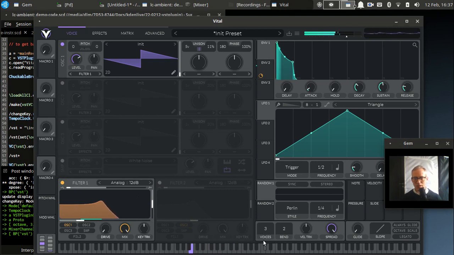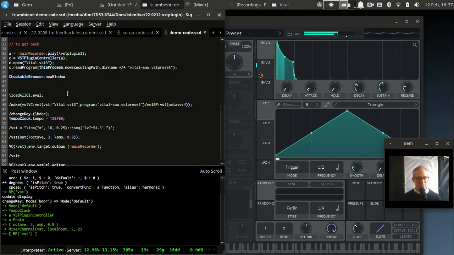Let's make it a mono synth and legato. Okay, I can't hear that very well, but this should do the kind of standard baseline sort of thing. Now, the other thing that I wanted to look at is,